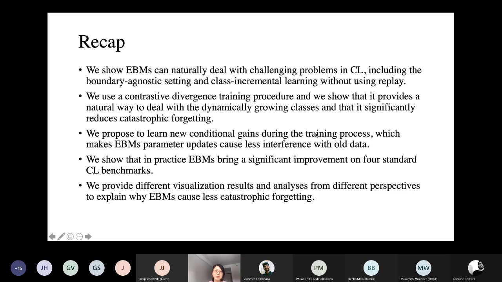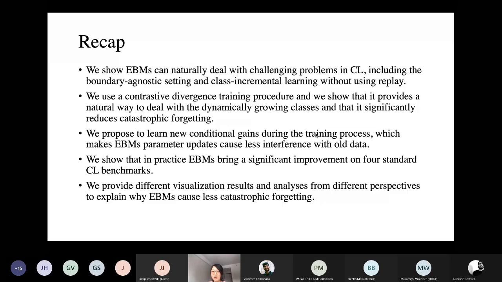To recap, we showed the energy-based model can naturally deal with the challenging problems in continual learning, including the boundary agnostic setting and class incremental learning without using any replay. Secondly, we use a contrastive divergence training procedure, which provides a natural way to deal with dynamically growing classes and significantly reduces catastrophic forgetting. Thirdly, we propose to learn new conditional gains during training, which makes energy-based model parameter updates cause less interference with old data.